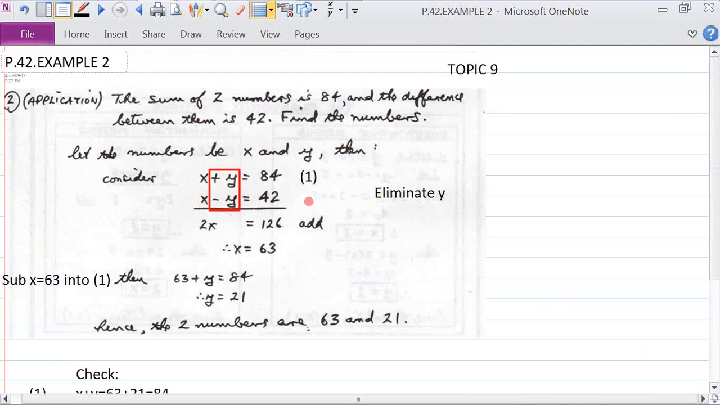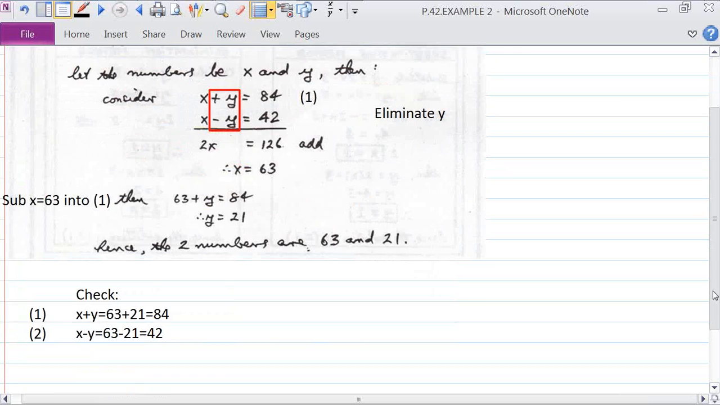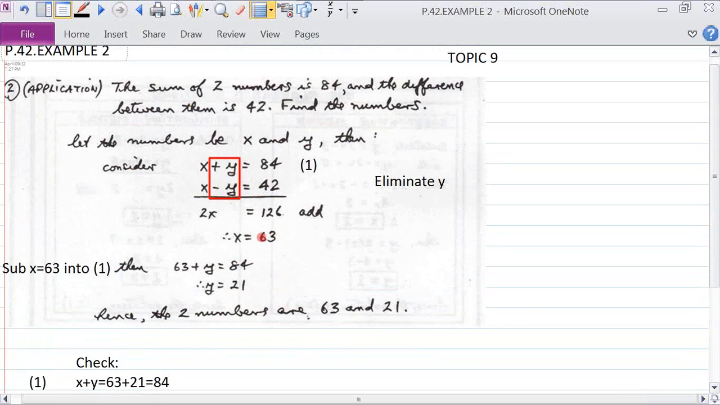Now, let me just say that if you graphed x plus y equals 84, and you graphed x minus y equals 42, the point of intersection would be 63, 21. Now you can see that would be hard to graph because you need to make your divisions correctly. Point of intersection would be 63, 21, but you still could get the solution graphically. It's just much easier to do it